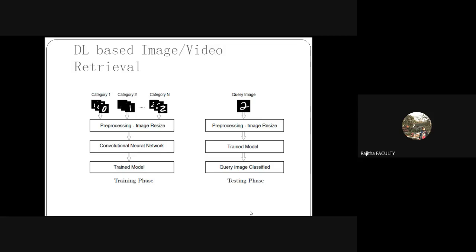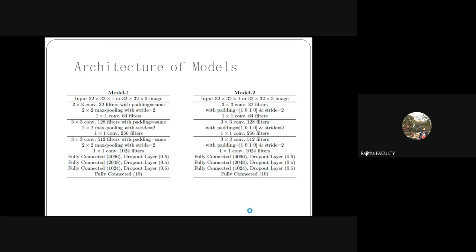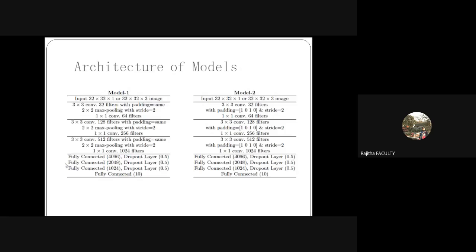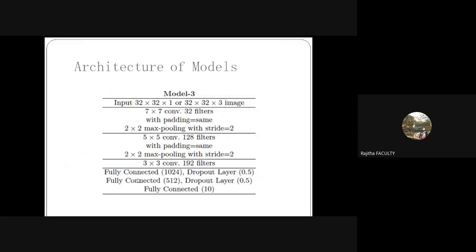Let's see how the model is. My input image is of this size. Now you have many convolution layers, pooling layers, ReLU layers, and fully connected layers. I think other lectures have discussed this convolution neural network design enough. So based on them, you can design a particular convolution neural network, extract the features and classify them accordingly.